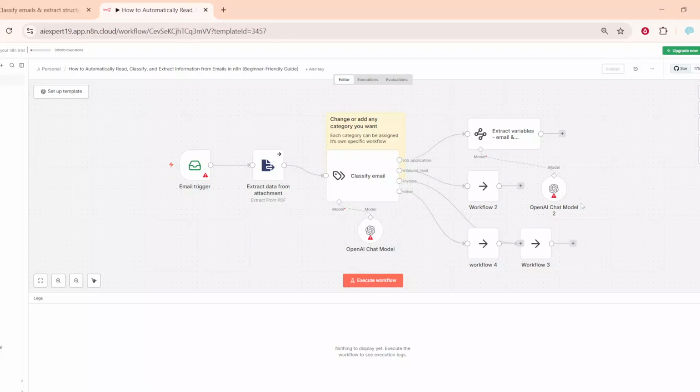In today's video, I'm going to teach you how to automate email handling in n8n. We're building a beginner-friendly workflow that watches for new emails, pulls out attachments, classifies each message, extracts structured details, and optionally uses AI to refine the results. Even if you're brand new to n8n, I'll explain every node in clear, simple terms so you can follow along